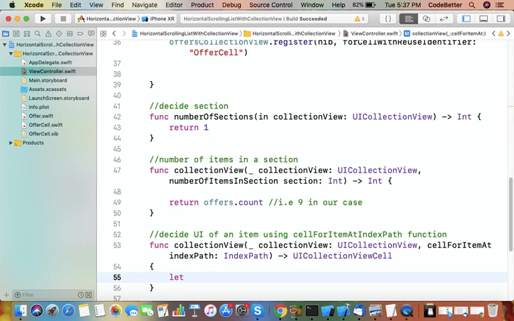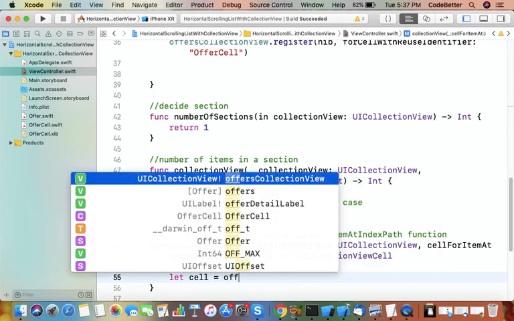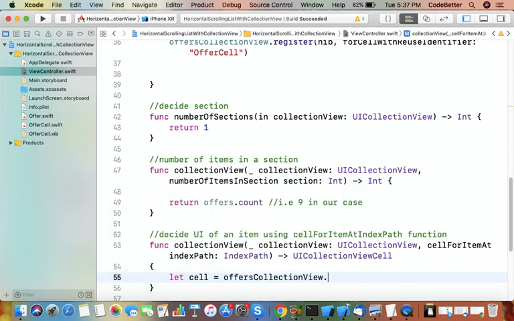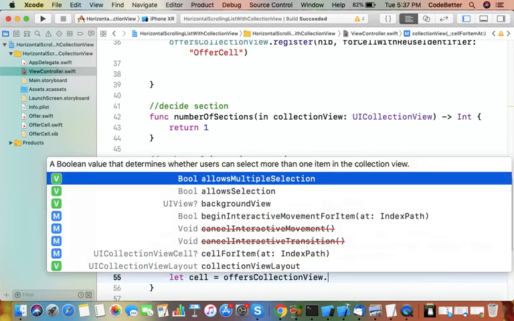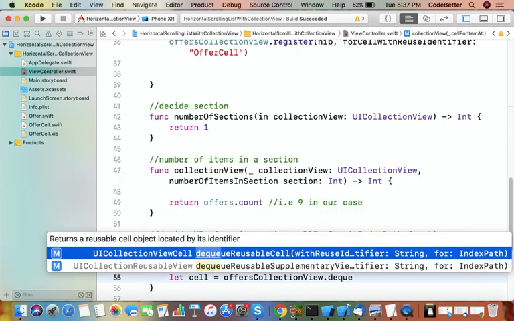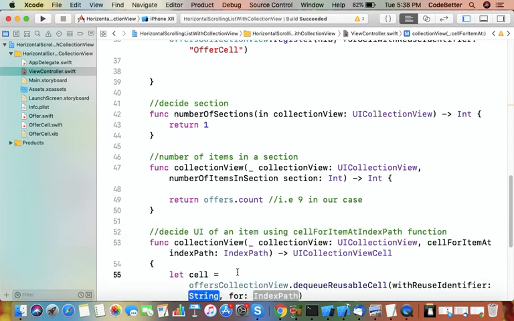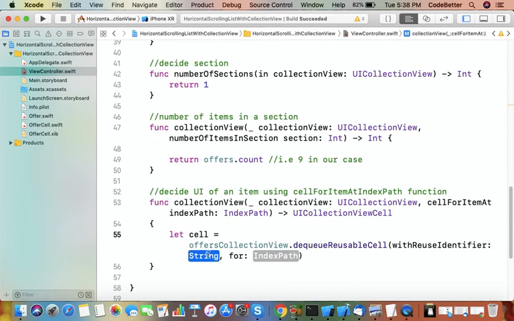Our collection view is offerCollectionView, and the dequeue function helps you create a new object of that class along with the design part. dequeueReusableCell withIdentifier. The identifier, as you know, is the same as the class name, and the index path is already there.